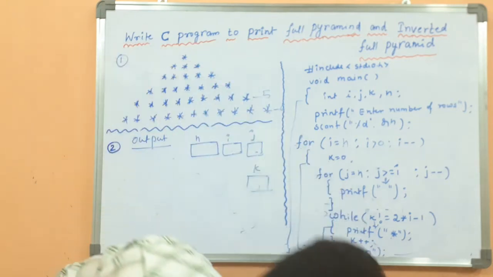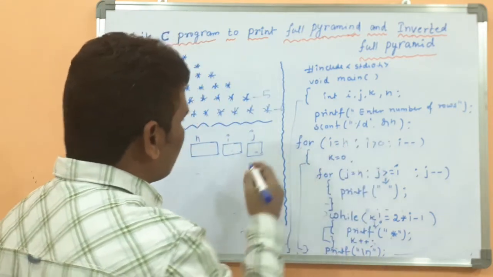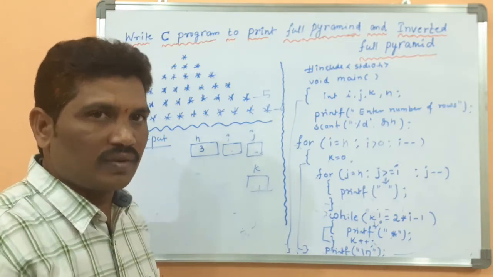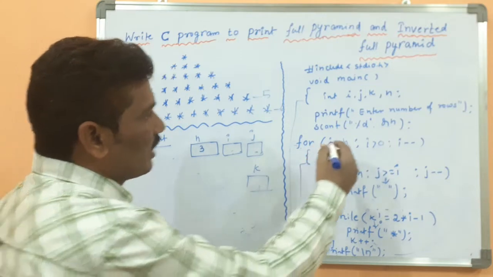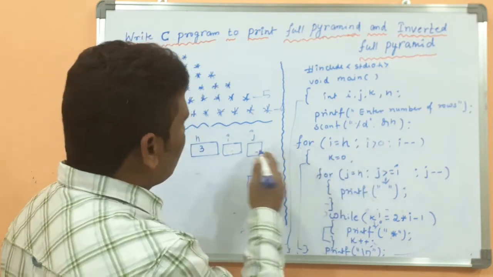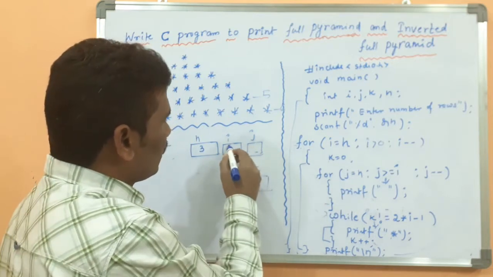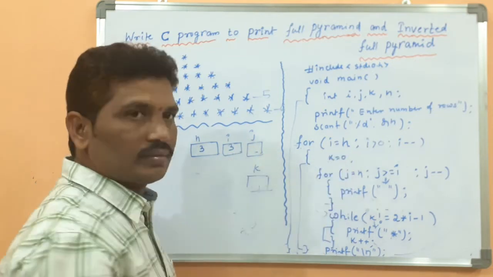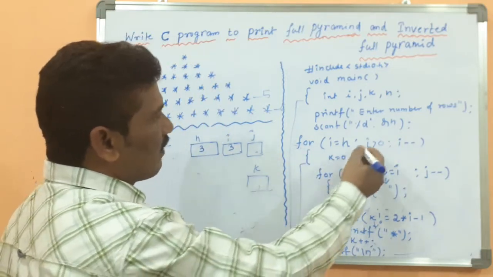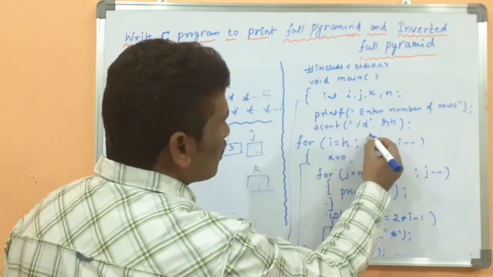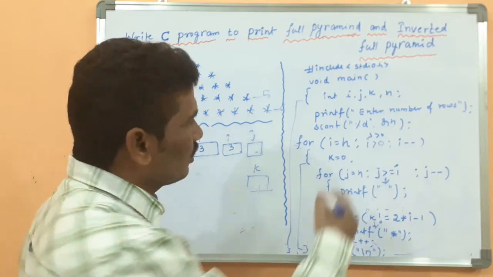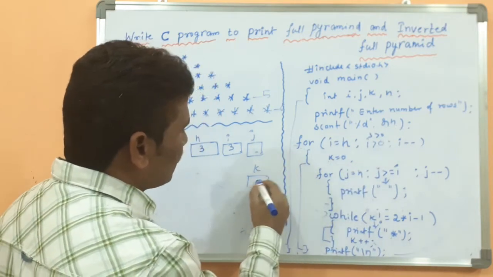Number of rows 3, because I am taking a smaller number. Then you can easily explain, and after that you can expand it. Okay. N value is what? 3. I value is what? 3 because I equal to n. Then I greater than 0, because what is the I value? 3. 3 greater than 0, condition is true or false? Condition is true. Then when control comes to here, k value is 0.